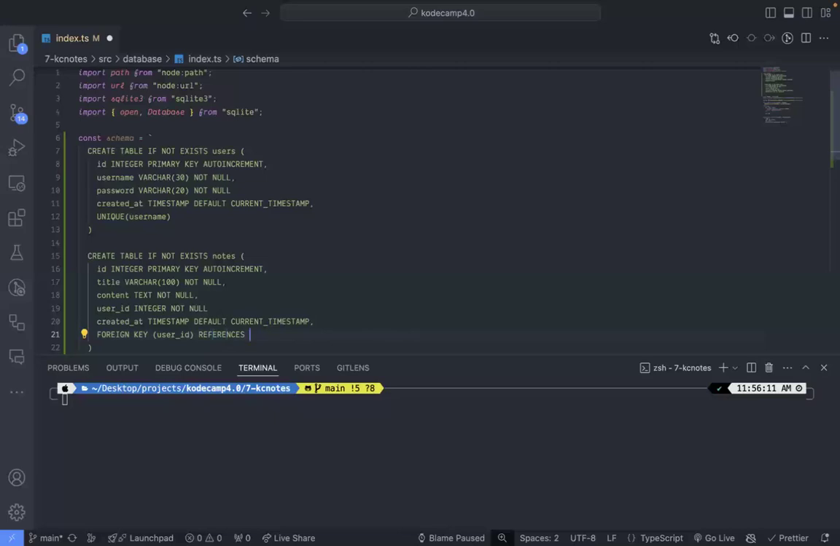So it references users, and then the ID of the user from the users table. And then we'll say on delete cascade. On delete cascade. Okay, so what this means is we're saying anytime we delete a user in our database,